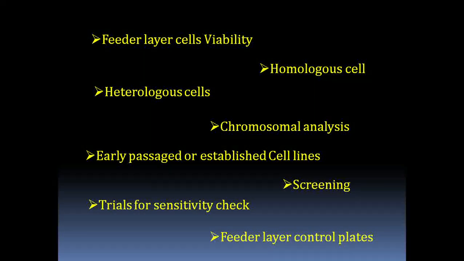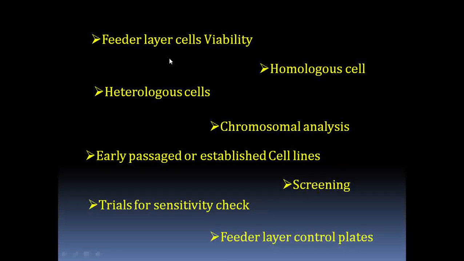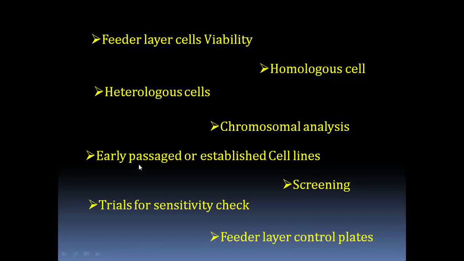So this analysis will sort out whether a contamination has happened or not. Another fact is, if I perform cloning with an early passaged feeder layer, this early passage will release more nutrients and growth factors into the medium, and they have not used them up for themselves. Comparatively, the established one has used up all the nutrients it secreted, so I should go for the early passaged one. Understood?